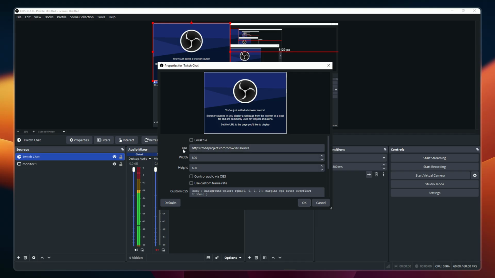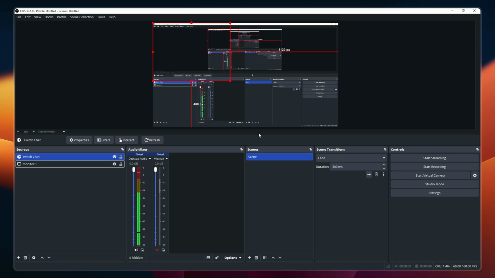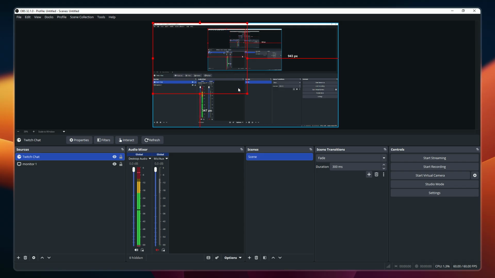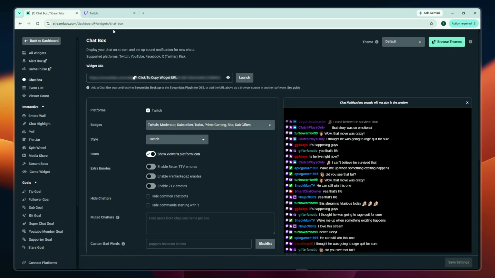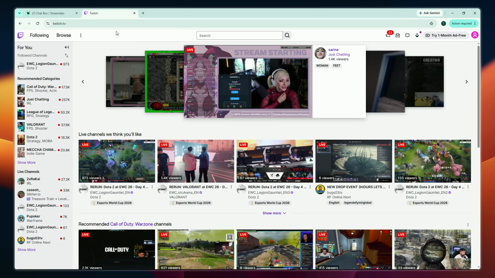In the Properties window that appears, navigate to the URL field and paste the widget URL you copied earlier from Streamlabs. Once you've pasted it, click OK to add the source to your OBS scene. The chat box is now added to your stream, but you'll need to test it to make sure it's working properly. In order to show the chat, you must first try chatting in your Twitch chat box to generate a